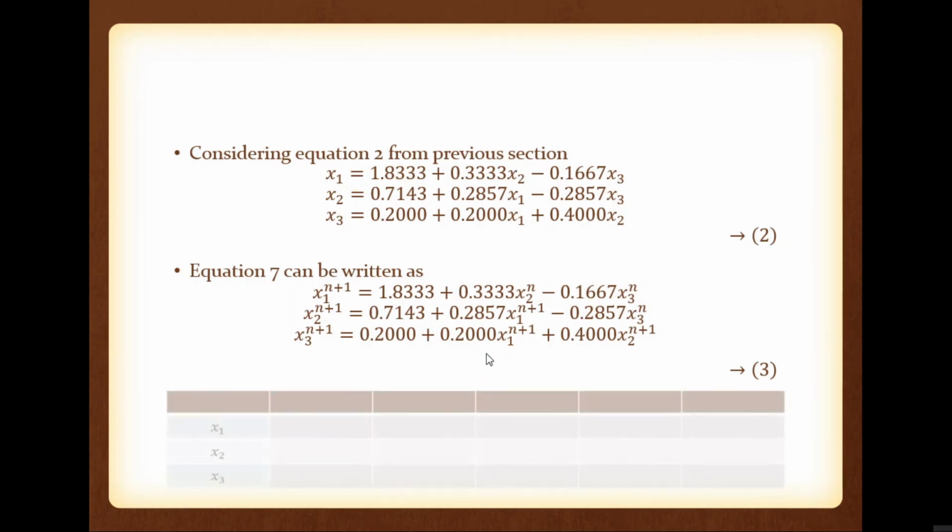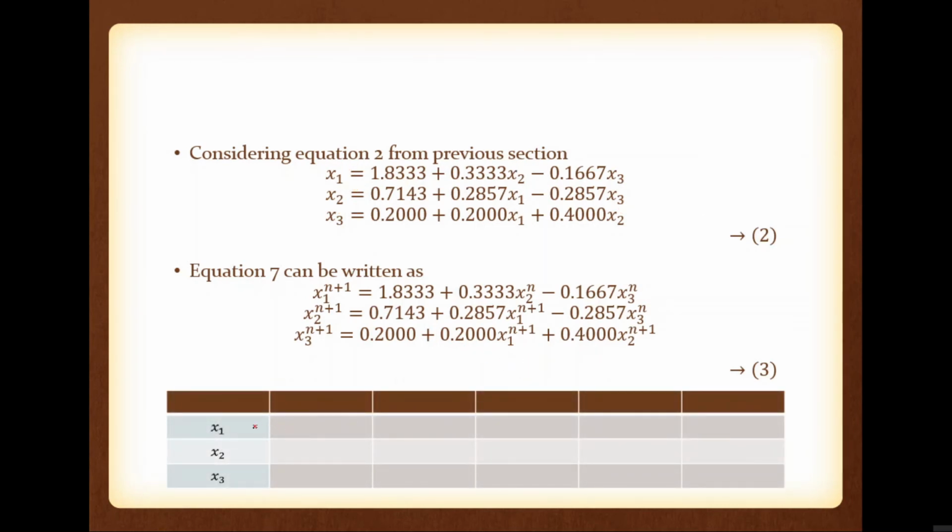So we have to draw a table. This is iteration, x1, x2, x3. Okay. So during the 0th iteration, before starting the iteration, the initial conditions are 0, 0, 0. These are the initial conditions. So draw the table. Write this one as iteration number x1, x2, x3. Then during the 0th iteration, it means before starting the iteration, we have initial conditions x1 equal to 0, x2 equal to 0, x3 is equal to 0. Okay. So do it.